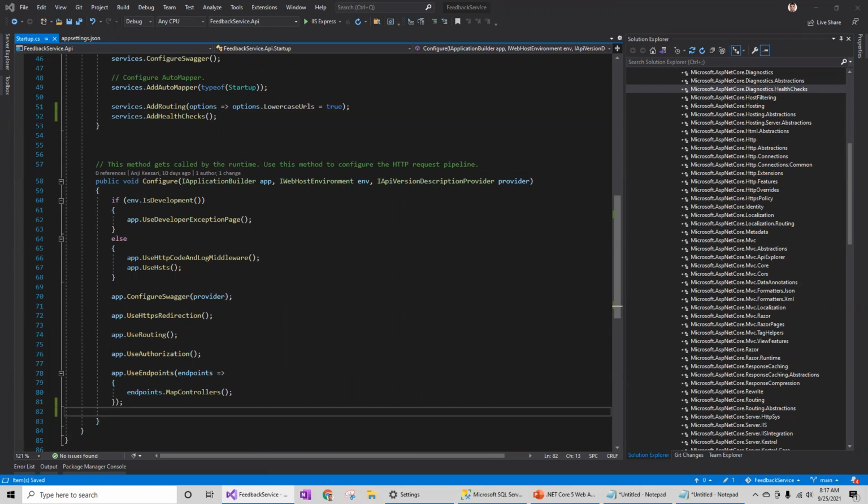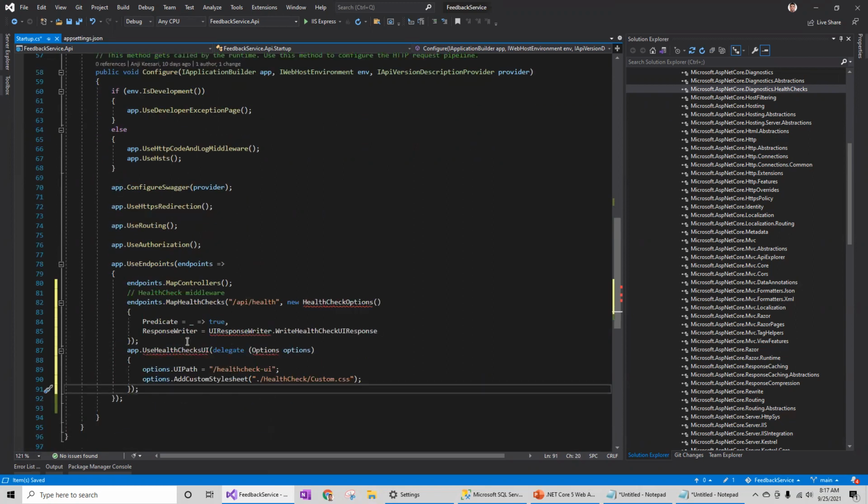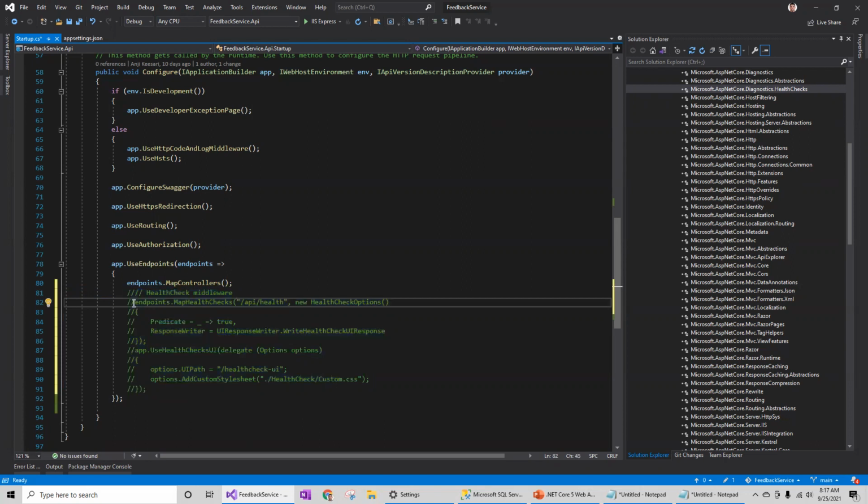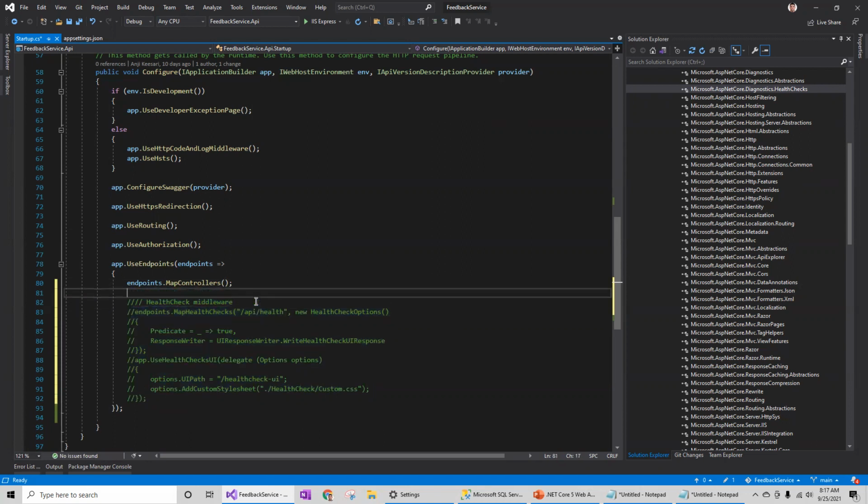So let me keep some code for the UseEndpoints. Under UseEndpoints, I'm going to use this. Give me a second. I think I can just add endpoints.MapHealthChecks. I'll come back to the rest of the code. I just wanted to start with the basics.